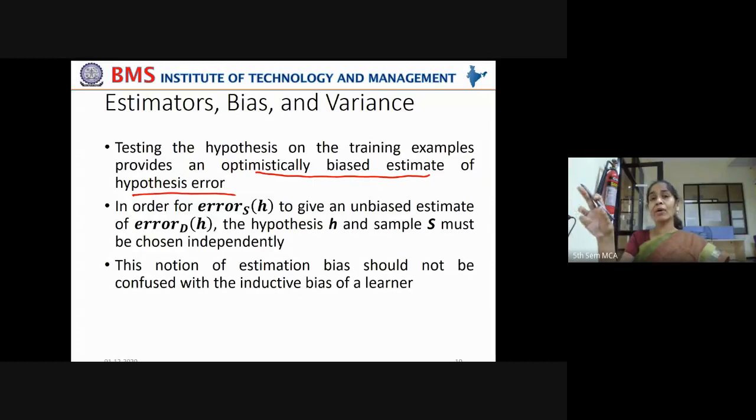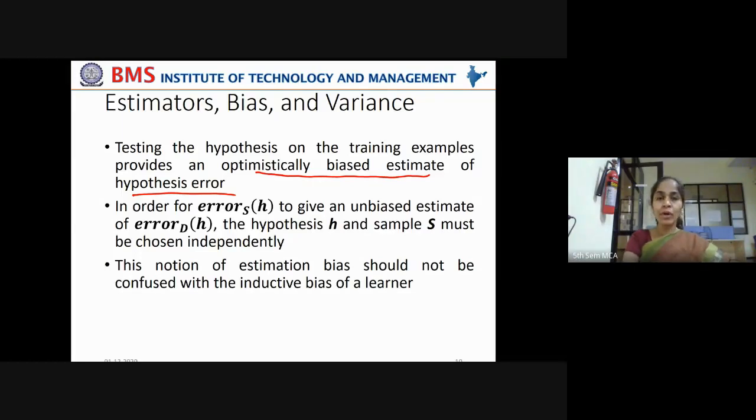What error does it encounter with the unseen data? That is of interest to us. That is the true measure of accuracy of any machine learning model. How good a machine learning model performs with training data is not of our interest, because it knows each and every attribute combination in the training examples. But how good it performs with the unseen data or new data, that is of interest to us. That accuracy is the valid evaluation measure of the performance of a machine learning model.